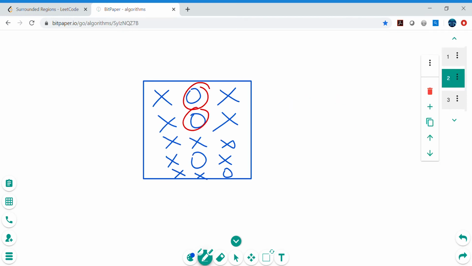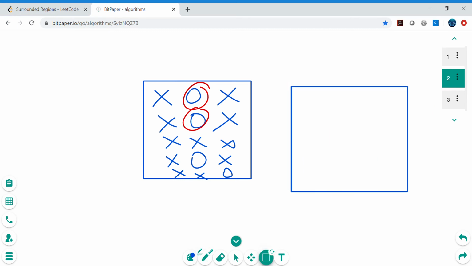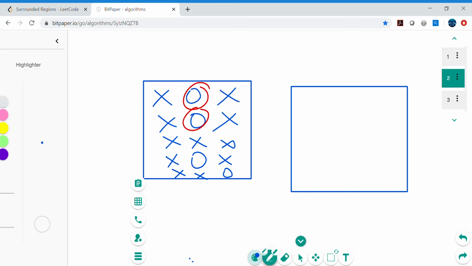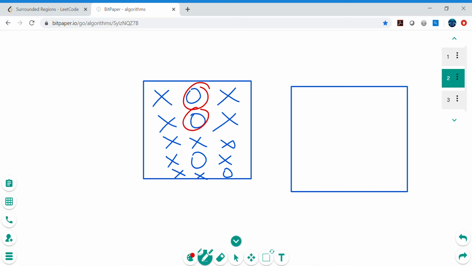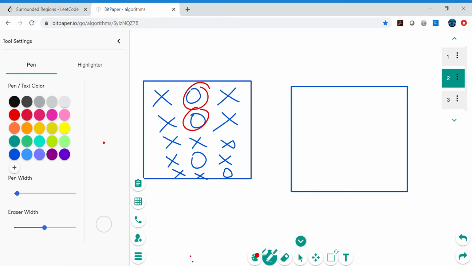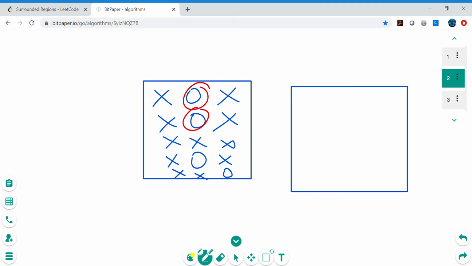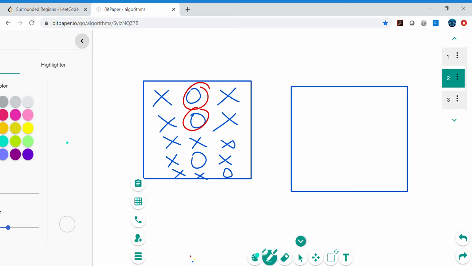Now let's see this example as well. In this example, we need to convert this O to X, otherwise the others will be O only. So as per our approach, we are trying to make some stars here. Let me update the same matrix, and let's try a different color.